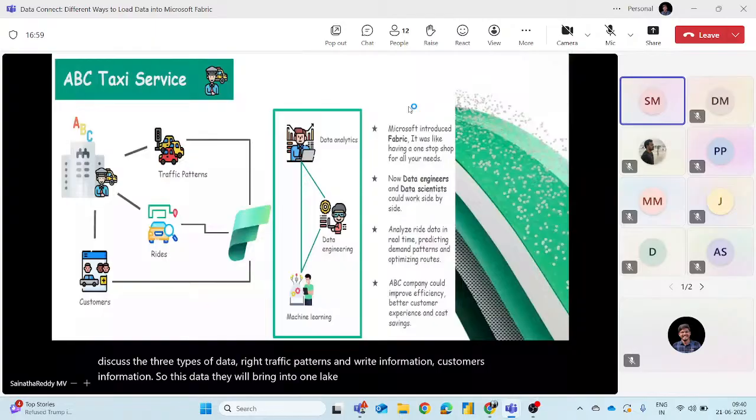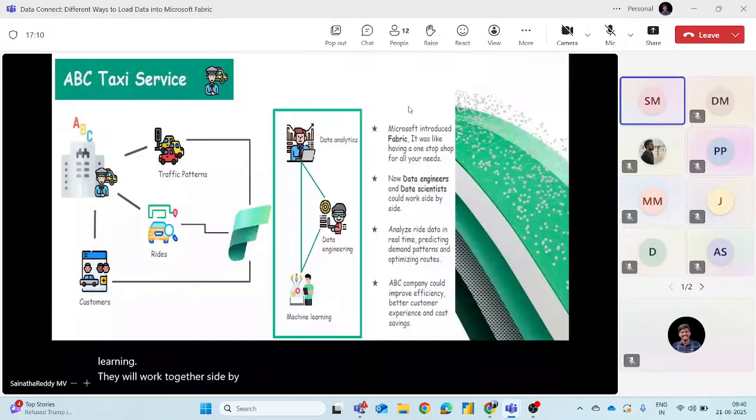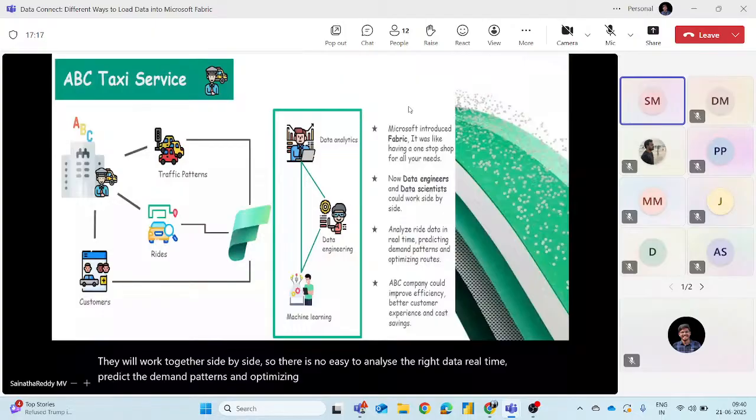Now data analytics, data engineering and machine learning, they will work together side by side. So it is easy to analyze the right data in real time, predict the demand patterns and optimize the routes. So now the company has more efficiency and better customer experience and cost saving, right?